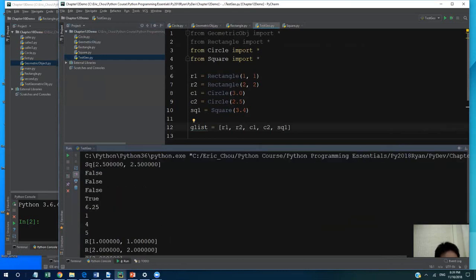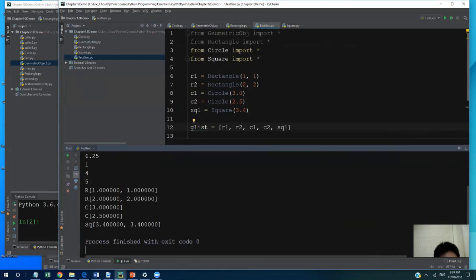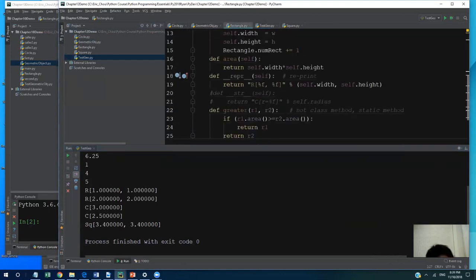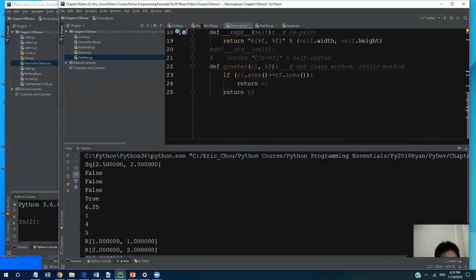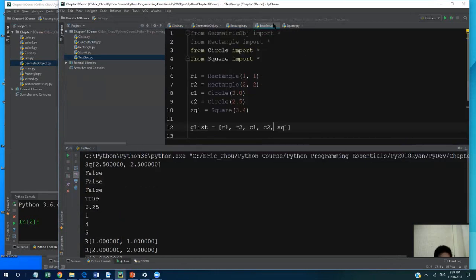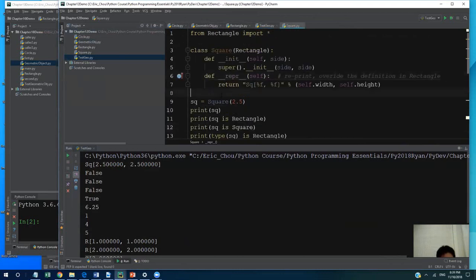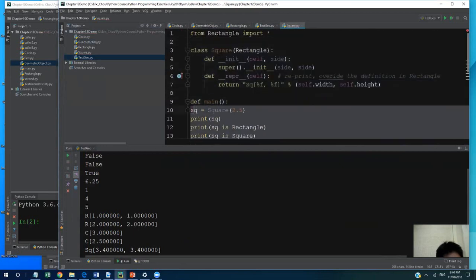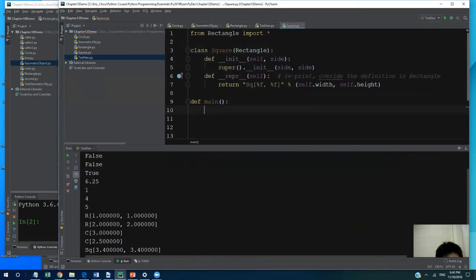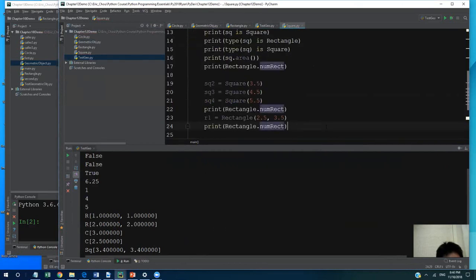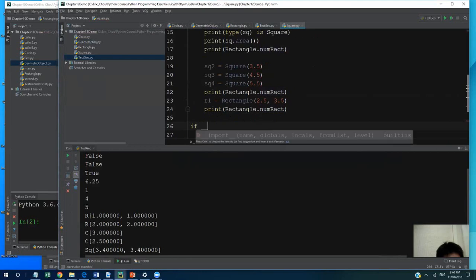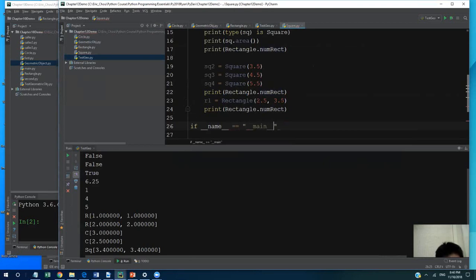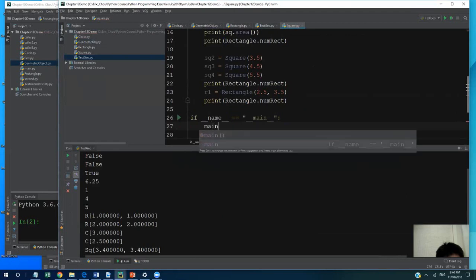See here. I actually print now the whole thing over here. Okay, the rectangle, circle, I'll print it out. And here, because I want to actually make sure the rectangle doesn't get executed, a circle doesn't get executed, my square doesn't get executed. So here I need to put everything into my main function. Okay, because it got executed. So let me actually remove these different things. Cut it and put it into my main function. Okay, and over here I say if __name__ equals __main__, then do main. Okay,